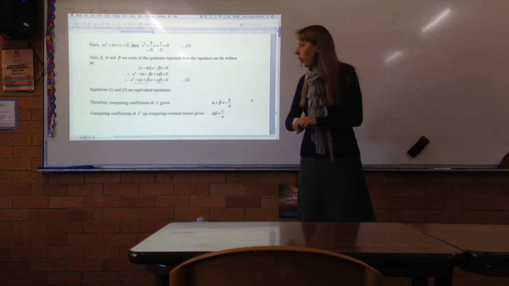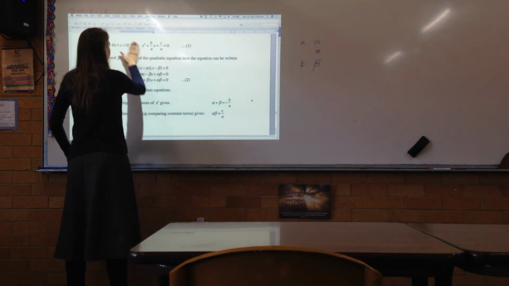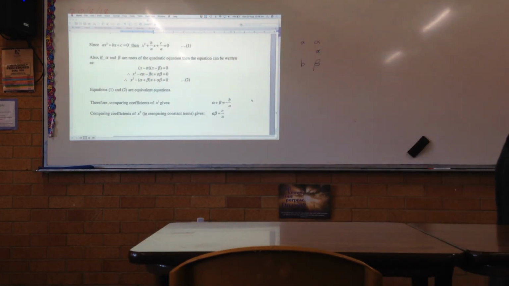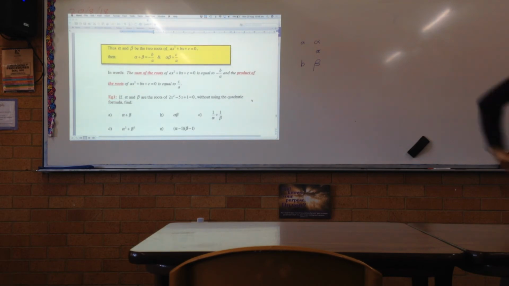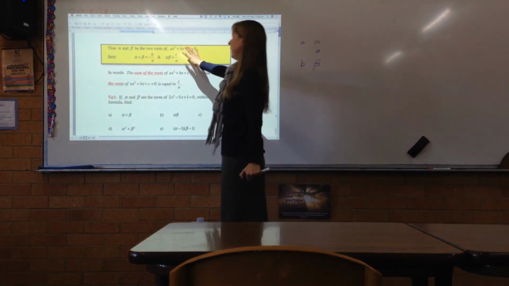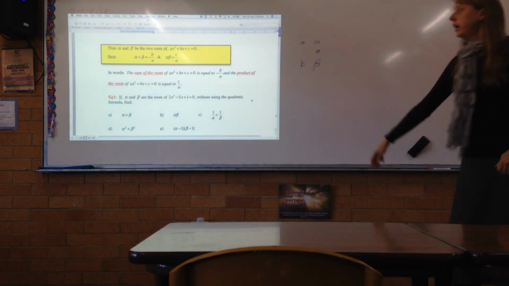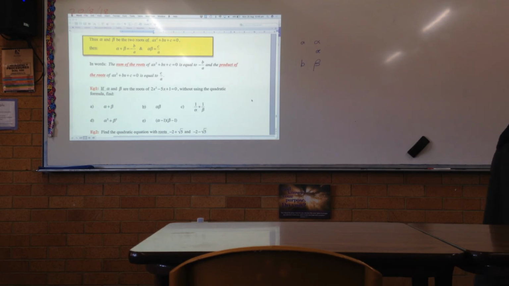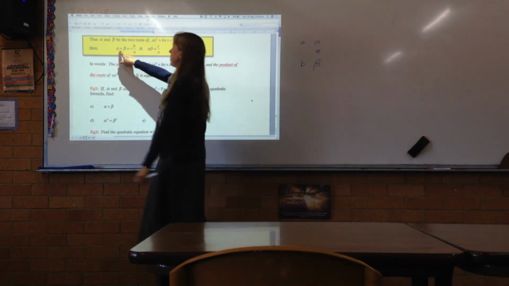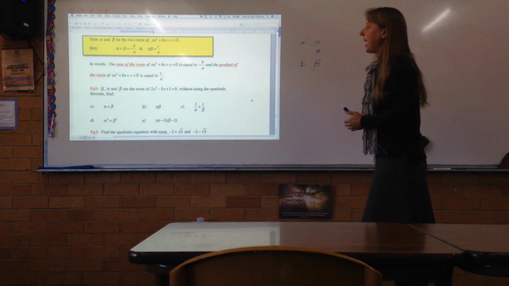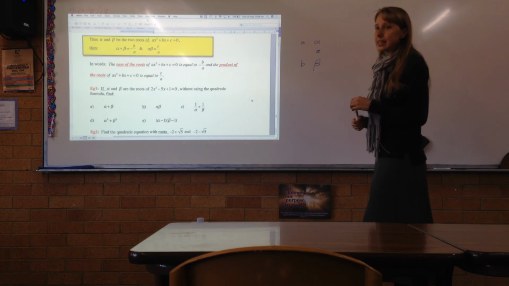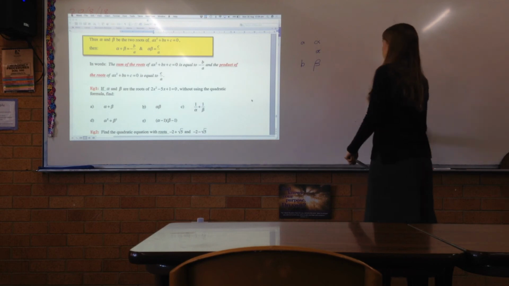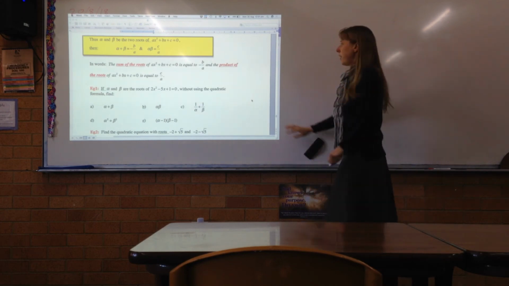Okay, so we're going to be working with these and getting used to the sum and products of roots. Here it's summarised really nicely in one box here. So if alpha and beta are the two roots of this quadratic equation, then we can say that alpha plus beta is negative b on a, and the product alpha beta is c over a. And then it's got it in words as well. So you might want to just have these